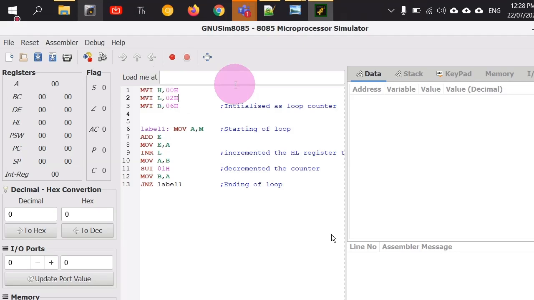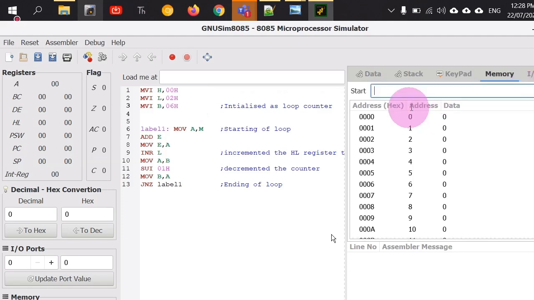I have written wrong spellings. I'm very weak at spelling, so you might find many spelling errors here and there. In the B register, or for that matter you can take any register, I have initialized it with 6 to be used as the counter of the loop, right? So the HL register pair has the base, the address from where I want to start, and that is 0002, and 6 locations after that we have fed some data into the memory. You can place it here. I will populate it now, right?